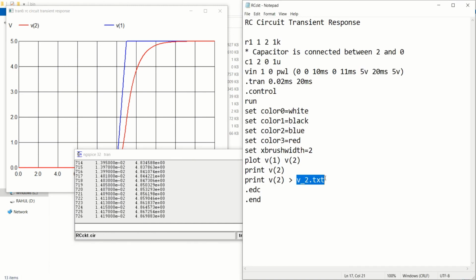So this is the file which it is going to create as a new file by using this statement. Use the greater symbol so that it creates a new file. Every time it is not required for you to go into the tool. Directly you can take this text file, and from the text file you can go into Excel. You can paste these values. See this, the value has changed. Earlier it used to be 0. Now it is reaching the maximum value. This red line is reaching a maximum value of 5 approximately. It is nearing 4.98.